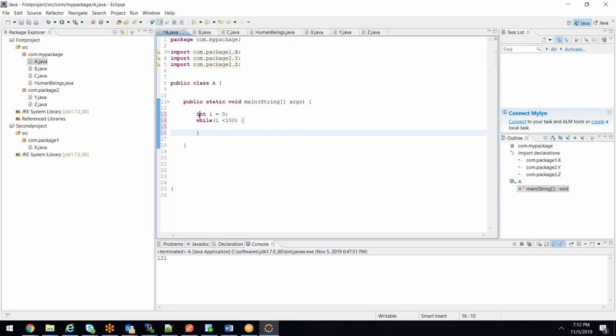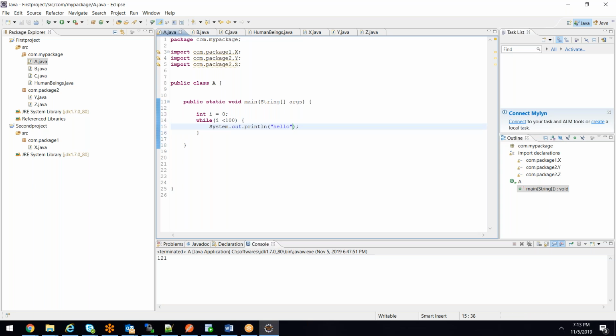So while loop is also almost similar. Here you're declaring the variable outside the loop, not in the loop. And this is the condition, correct? While, right now i value is 0. So 0 is less than 100, correct? 0 is less than 100. So the condition is satisfied. So it will go inside the while loop. So sys out hello.